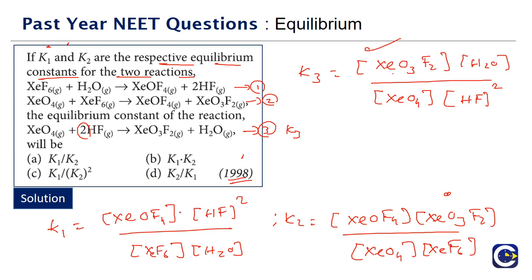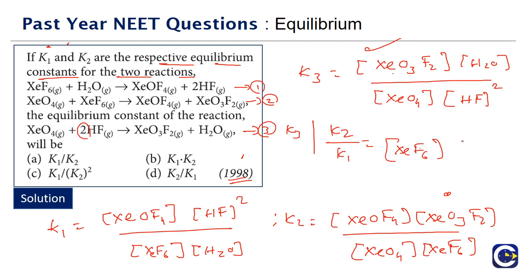So the idea that we will get broadly is that if you have, let's say, we will do K2 divided by K1, means what? We have to take a reciprocal of K1 and multiply this with K2. If you take a reciprocal of K1, what is the reciprocal of K1? Think about it. What is the reciprocal of K1? It will be